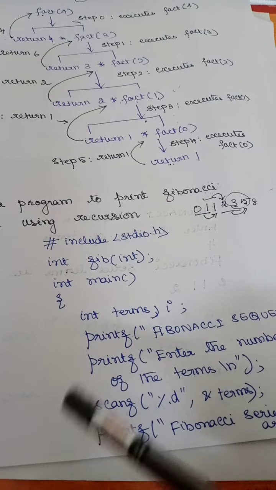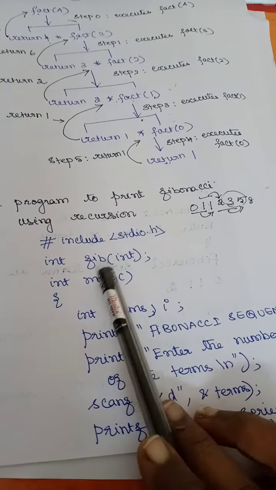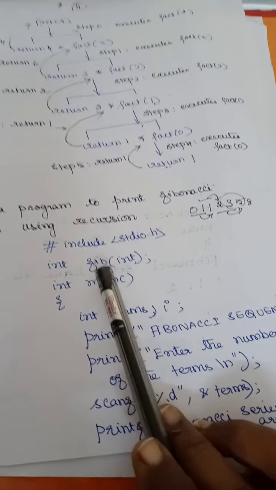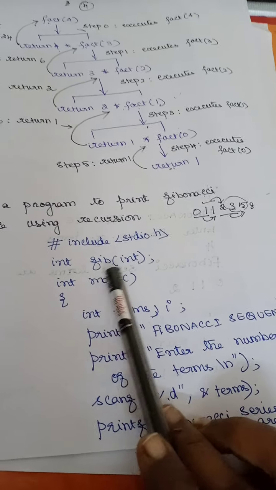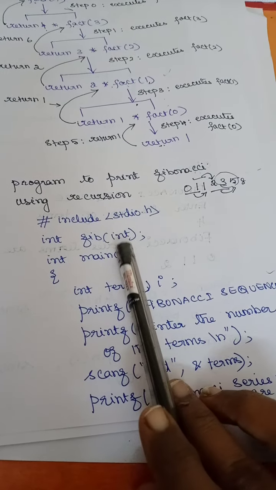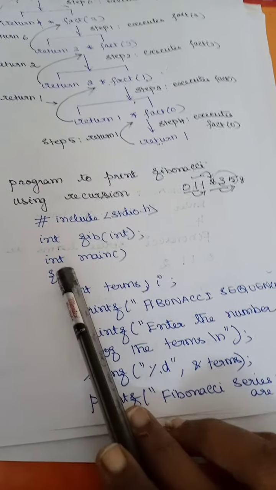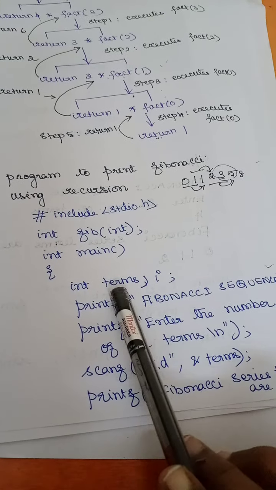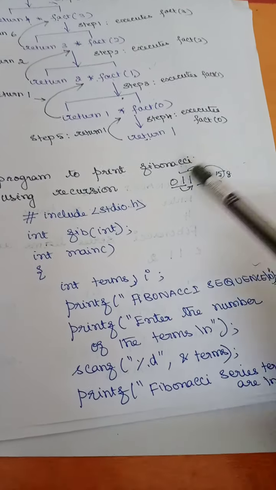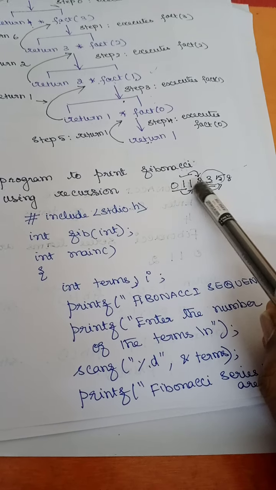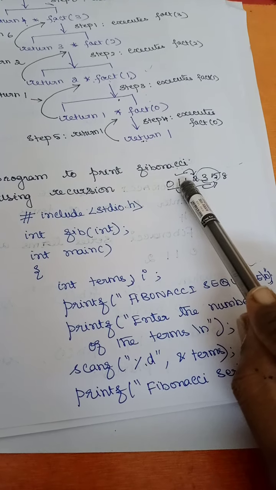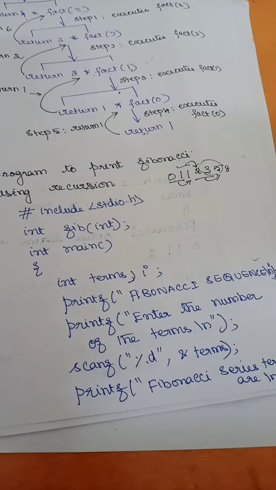#include <stdio.h>, int fib(int), it is going to take an integer value and return an integer value. fib is nothing but the name of the function, and this is a declaration, and this tells the compiler how to invoke the particular function, right? Now int main, here I am going to have two variables, terms, how many terms I want to print in a Fibonacci. For example, 0, 1, 1, 2 means I am going to print 4 terms. For example, till 8 means 1, 2, 3, 4, 5, 6, 7. I need to print 7 terms.